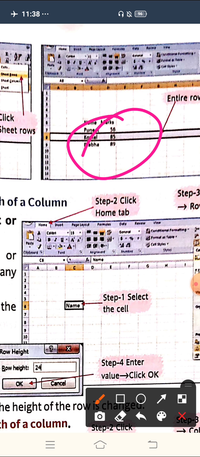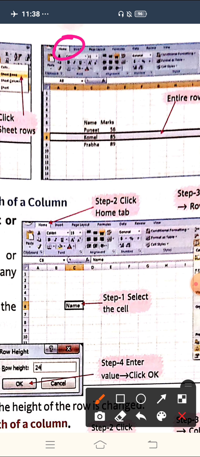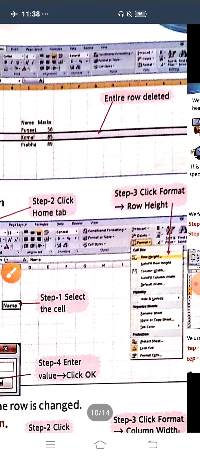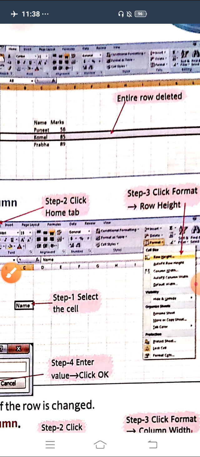Like this, you can delete row or you can delete the column. Suppose if you want to delete the column, so what are the steps that you have to follow? I want to delete the name column, so I have to select the cells. After selecting the cells, we have to click on Home tab. After clicking on Home tab, from the options we have to choose delete. After clicking on delete, one drop down list will appear. From there you have to choose delete sheet columns. Instead of rows, we have to choose columns, and that particular column will be deleted.